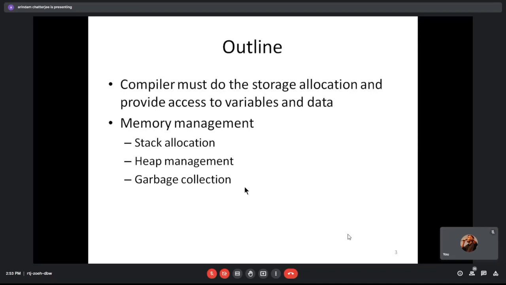What is the stack here? Can anybody explain? What do you mean by stack here? Anybody wants to explain what stack I'm referring to?